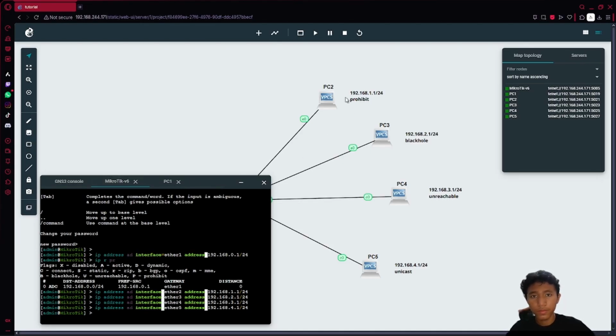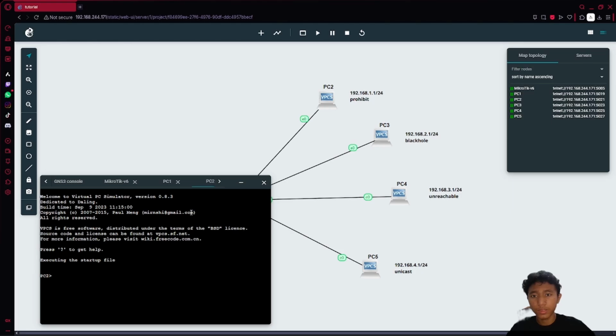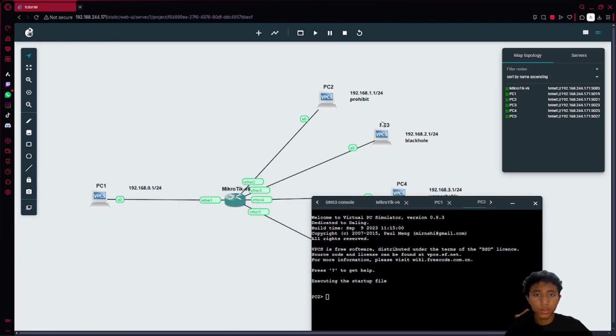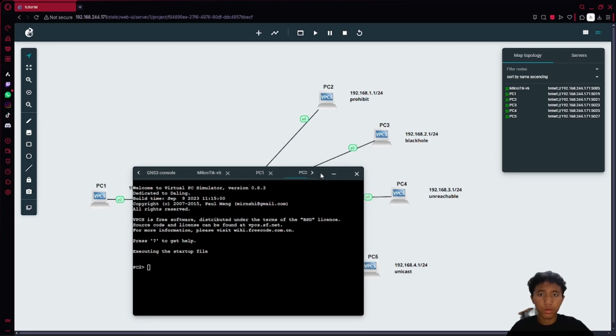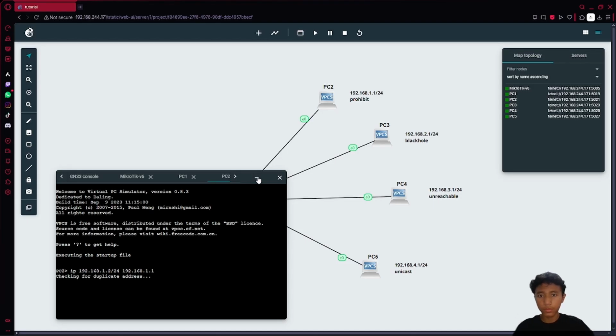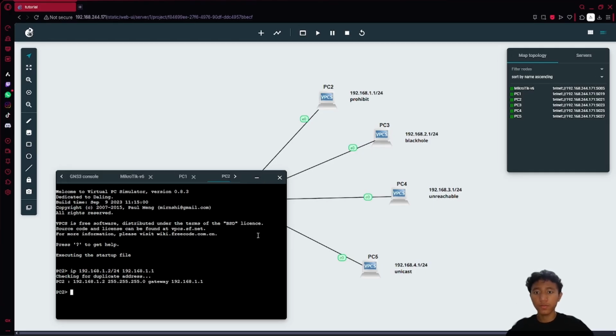Next, for the second PC on this topology, I will add IP 192.168.1.2/24, and the gateway is 192.168.1.1. Then after this configuration, the PC can now ping the router.